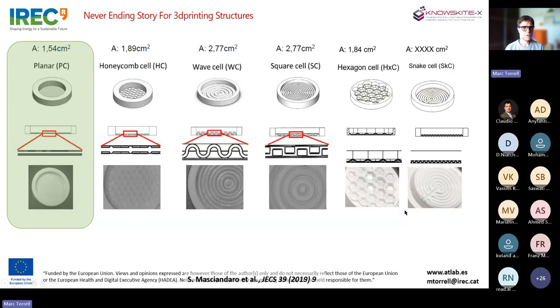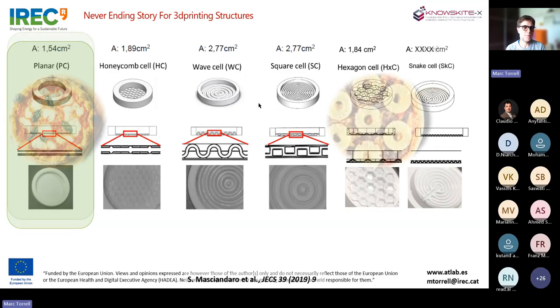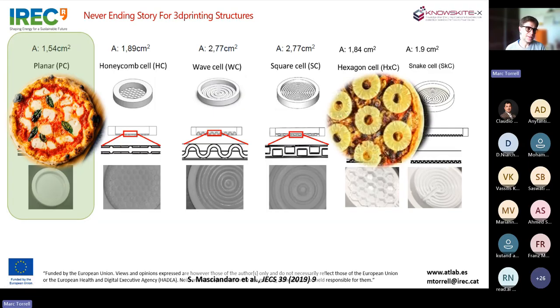So this is a never-ending story, let's say, because of course we can put any complexity we can think of, and this comes to my comment at the beginning, that we are coupling this with simulation because, well, we can put honeycomb, we can put corrugation, we can put squares, we can do a hexagonal cell, we can make a toroidal snake cell. But if you allow me a small joke, sometimes putting more complexity doesn't mean that you are improving the final result.